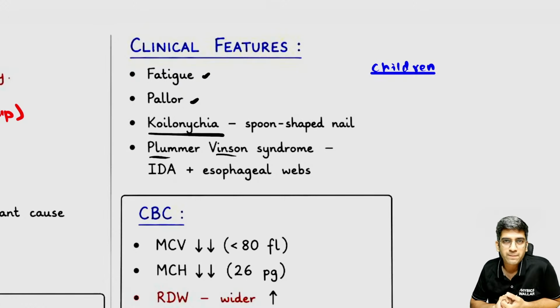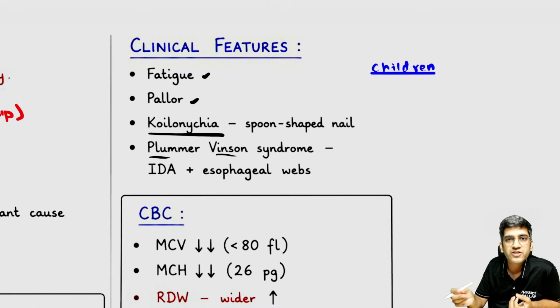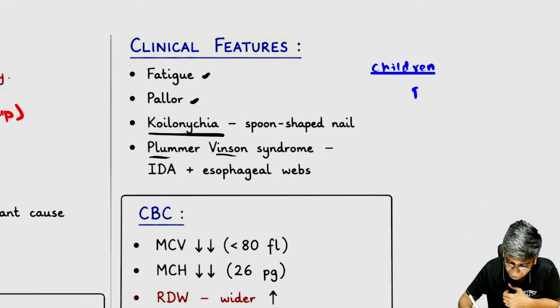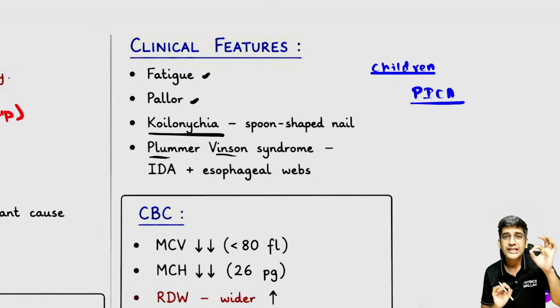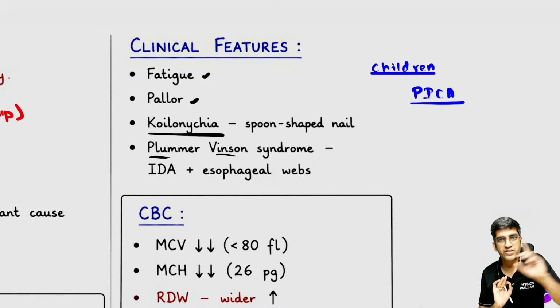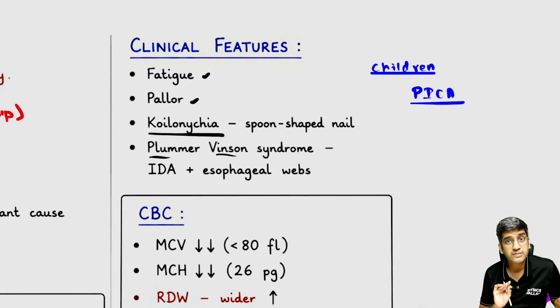Sure, yes, Walikar. Can anyone tell me what that is? You must have also experienced it. I have experienced it. They will keep eating chalk pieces, pencils, many things. We call them pica. It's not just for IDA, it's for nutritional deficiency. Pica might also occur with IDA, calcium deficiency, quite a few nutritional deficiencies, right? Child, pica, worm infestation, iron deficiency anemia. That could be the symptom in children.